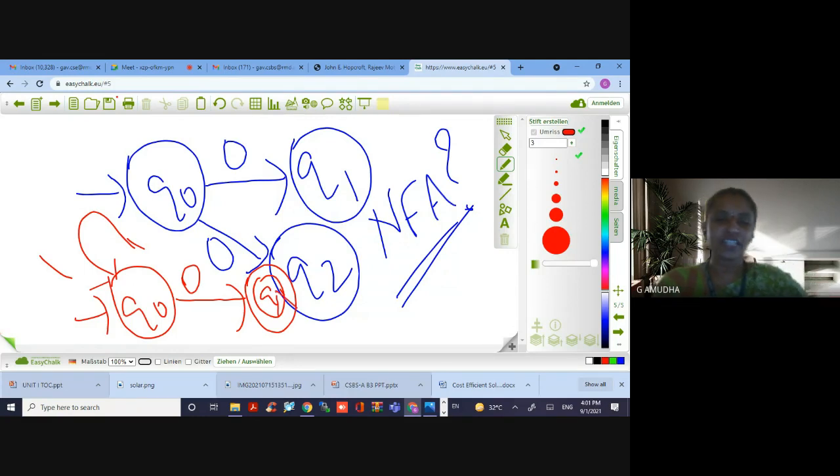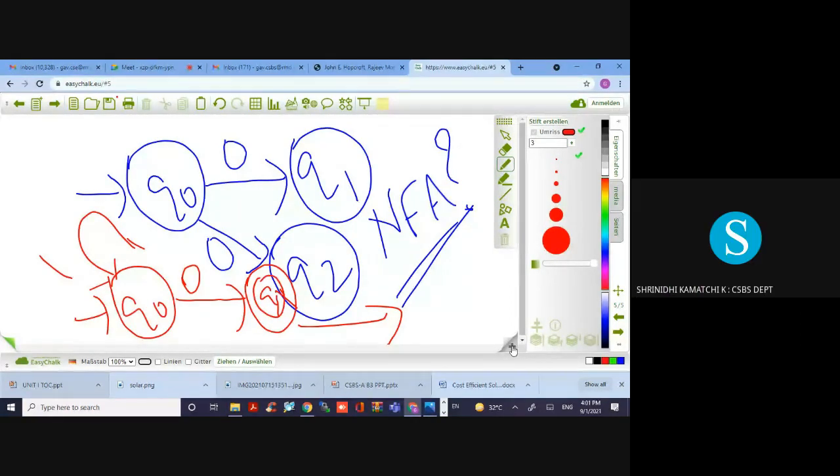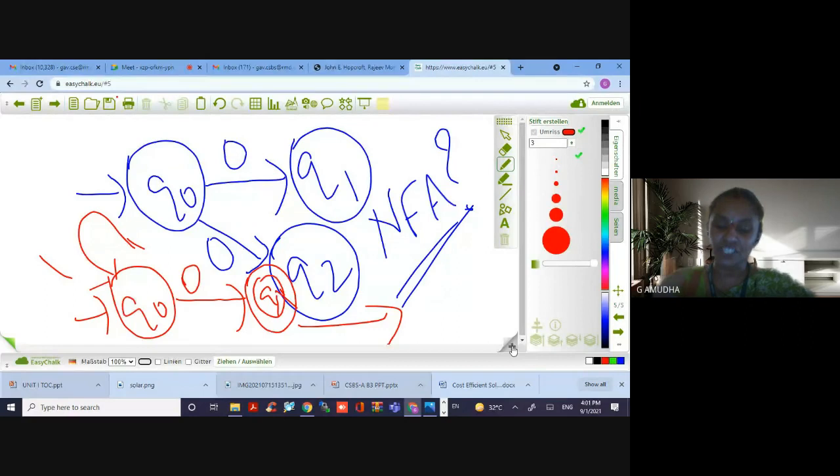Srinidhi, can you tell me whether what I've drawn in the red color is deterministic or non-deterministic, DFA or NFA?